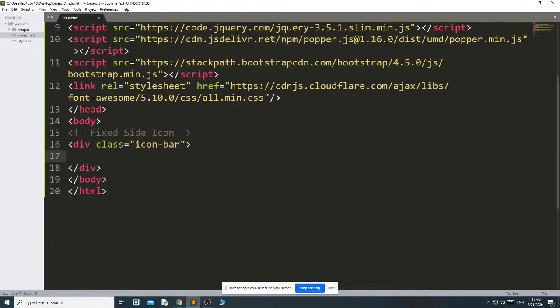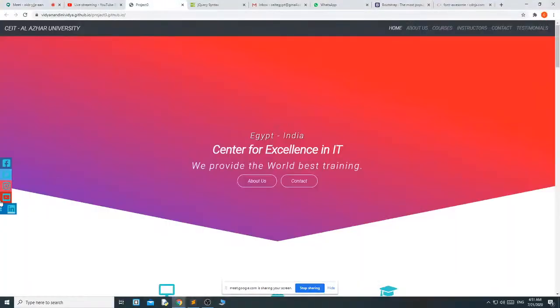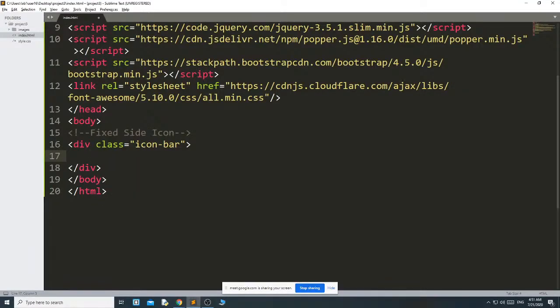Okay, icon bar. Here I am going to add the icons I need. Here you can see that I need 5 icons. Then here, a href, instead of the hash you can give the actual link. Okay, class